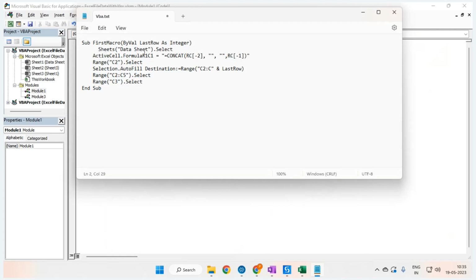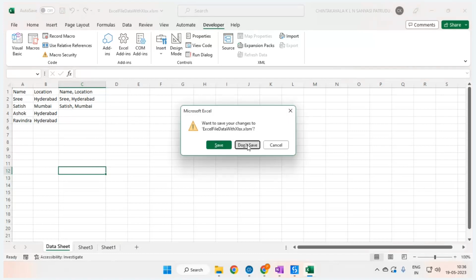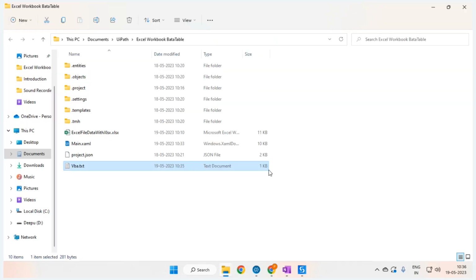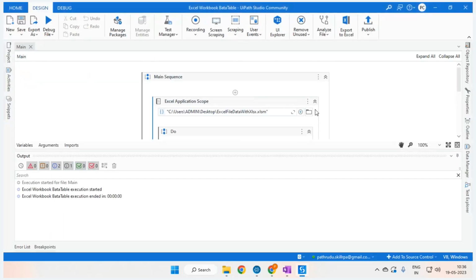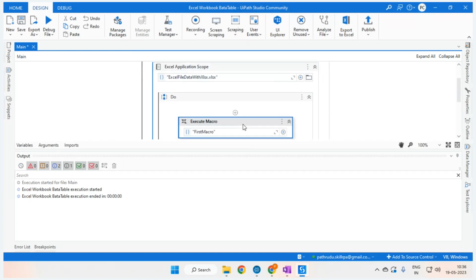I'll write it here, which means I'm selecting the sheet. Whatever actions I want to perform, I'll just record that, and I'll get that code line here. Now it will select the sheet and then perform these operations. Let us see whether we can achieve that on a different file, not on this macro file, but on this XLSX file. So for that, we'll select this XLSX file,